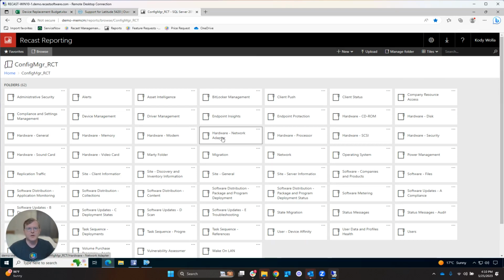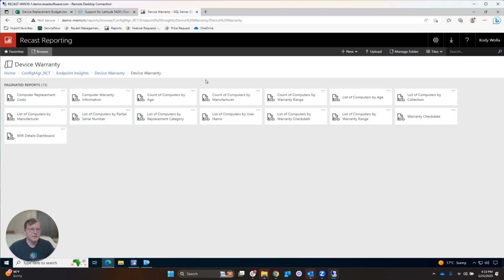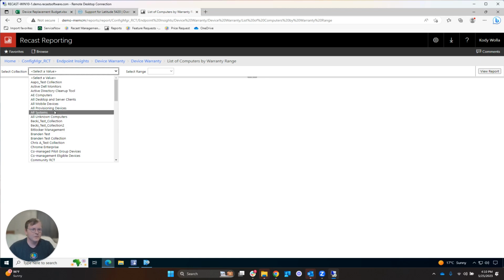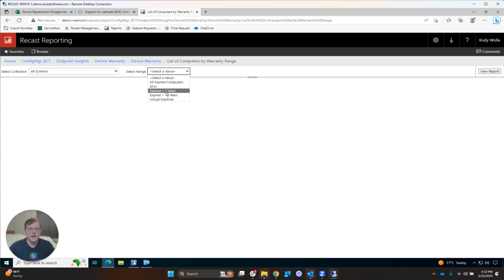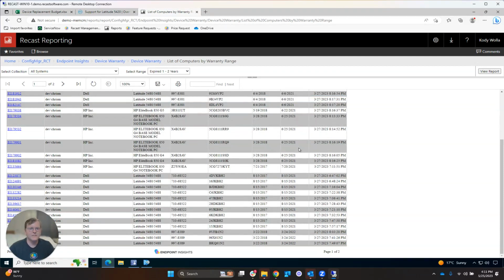If we go into our config manager reports portal, pull up our Endpoint Insights, go to device warranty, we can actually get a whole list of reports on our computer warranty information. So if we wanted to go ahead and pull up a report for warranty range, we could select a collection here. We'll just use all systems, and we'll use any devices that have been expired for 1 to 2 years here, and we could pull up a report of all those devices so that we could identify these to be